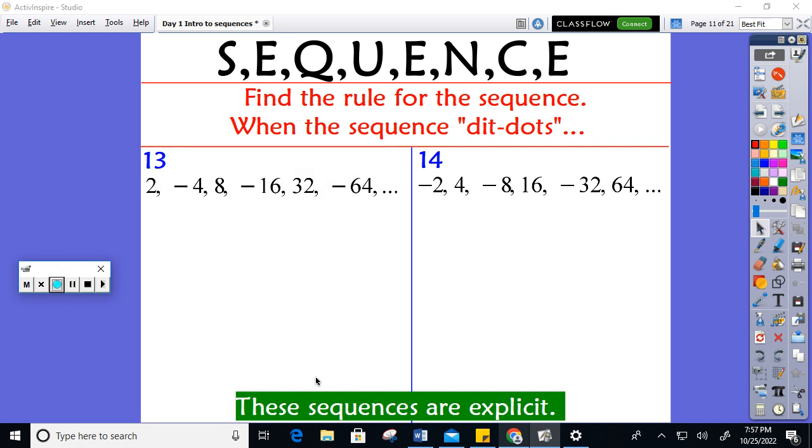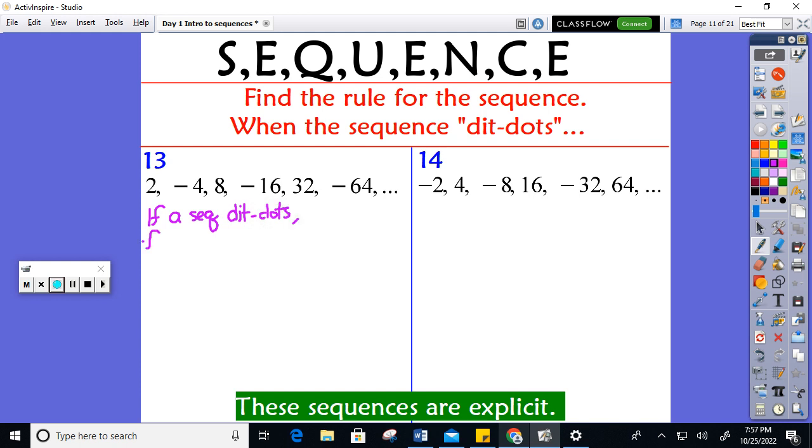All right, we are going to write the formula for sequences that dit dot. Now, dit dot is my slang term. I mean sequences that pop back and forth, positive, negative, or negative, positive. Let me go ahead and tell you this. If a sequence, SEQ, by the way, is the abbreviation for sequence, dit dots,